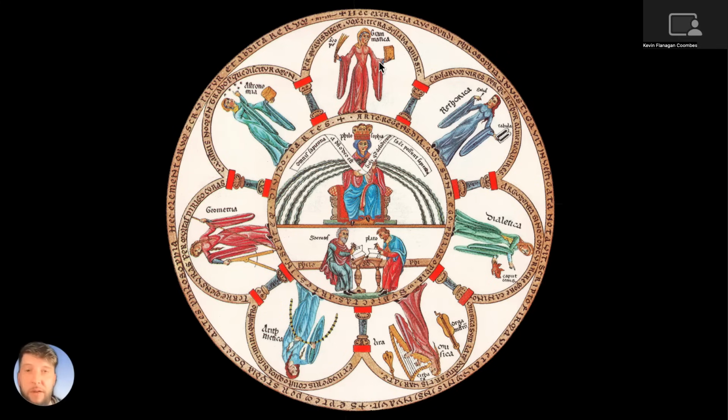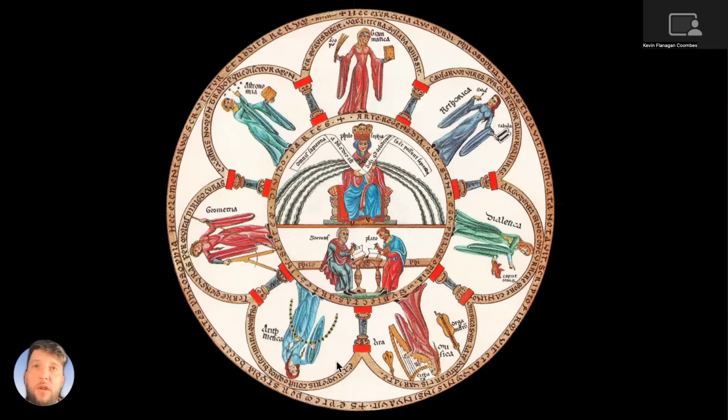Now, there are 7 subjects here, and these 7 are broken up into 2 separate subsections. The first is called the Trivium, and the second is called the Quadrivium. Now, the Trivium is made up of the subjects of grammar. This is grammatica at the top. Logic, or here phrased as dialectica, and rhetoric, which is here rhetorica. So grammar, logic, and rhetoric are the subjects that make up the trivium,